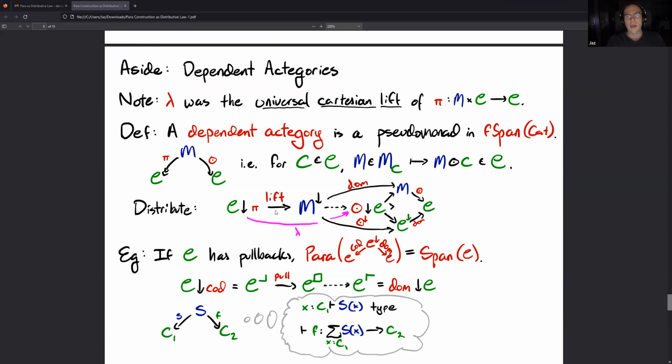So this is a really fun equivalent definition of Cartesian fibration, which I learned from Emily Riehl and Dominic Verity's book on infinity categories, which is that if you have the induced map from E, the arrow category of E, to the comma category over the Cartesian fibration pi, if that has a right adjoint, right inverse, which is the universal Cartesian lift, then that's if and only if pi is a Cartesian fibration. So we can just post-compose that by an appropriate map, putting us in the right place, and that's our general